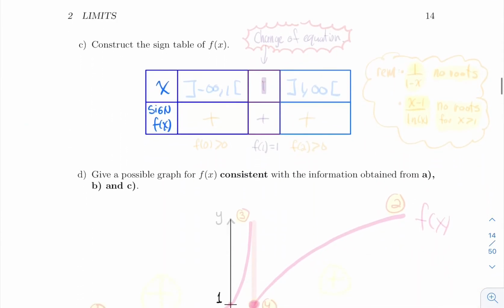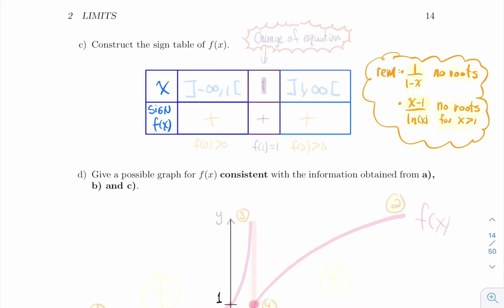All right, for the sine table. So first we know that the function does not crash anywhere, so we won't have a column for where the function is undefined. What about the roots? So if we look at the equations here, let's just write this as a bunch of remarks. Okay, so 1